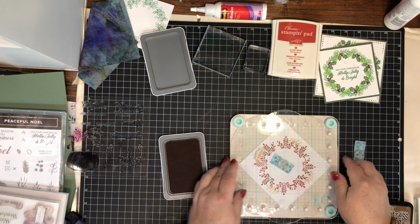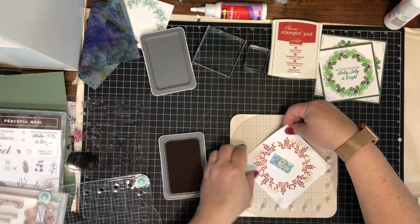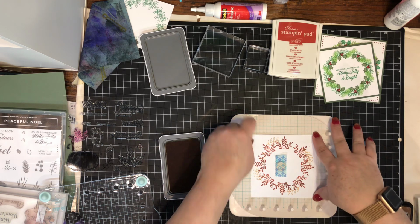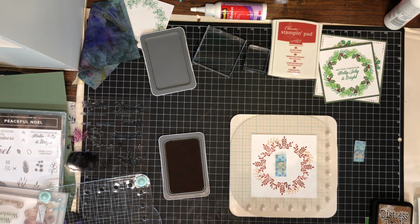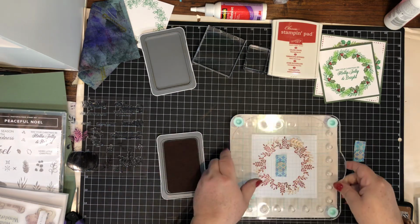Another thing about this technique, which is really kind of cool, is you don't have to be a particularly clean stamper, because this platform is doing the work for you. I do have that left over from the last things that I was stamping, but other than that,